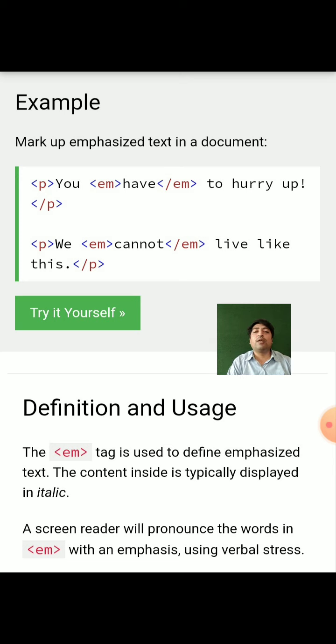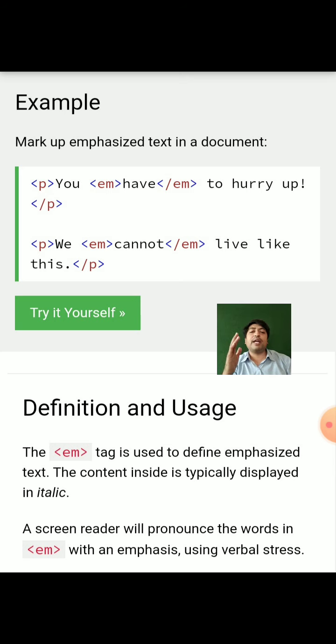The emphasis tag is useful for writing text. Inside the tag, that text will be displayed over the web page in the italic manner. Italic manner means the text will be displayed generally at a 45-degree angle, so you can just see that type of text. You can write different sentences that have a special meaning. You can write definitions for that, or you can write any word that has a special meaning.